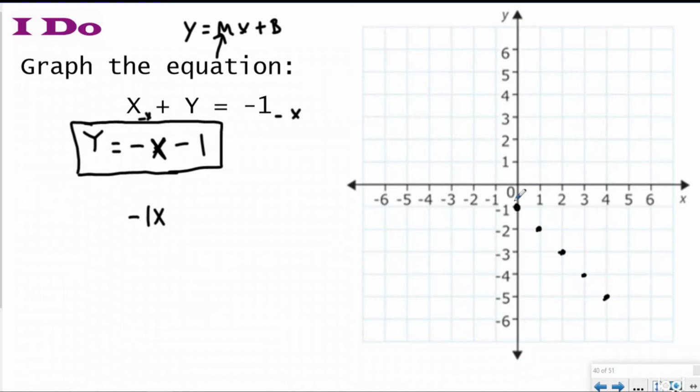I can go back this way, right? Up 1 over to the negative left, right? Because it'd be -1, up 1 over left, up 1 over left. And I can graph this line without having to show any work on my ordered pair chart. All I had to do was rewrite it in my slope-intercept form, use my y-intercept, and use my slope, okay,